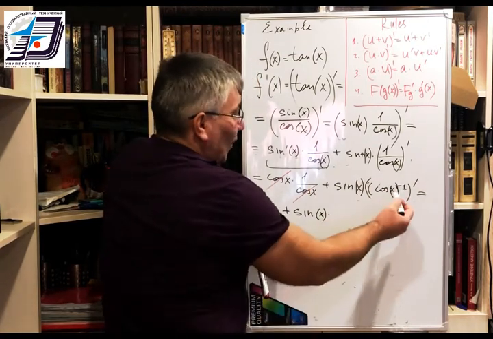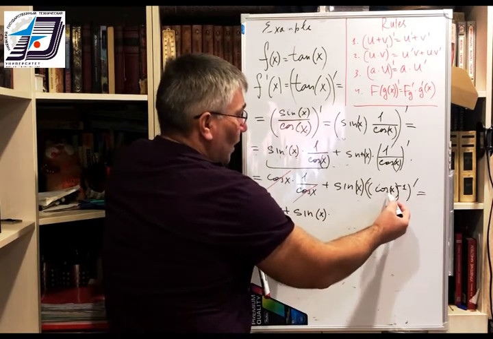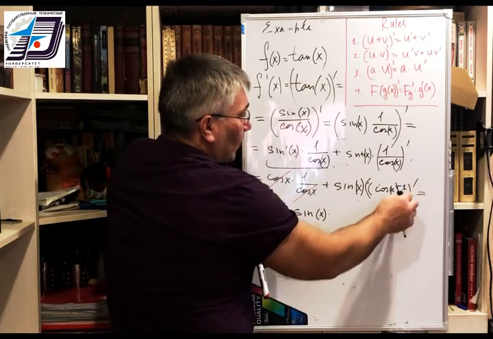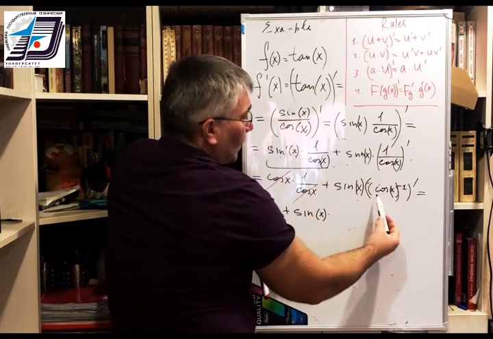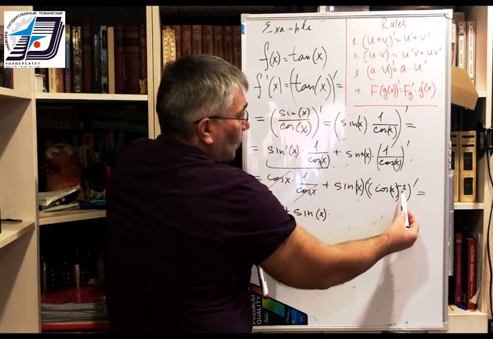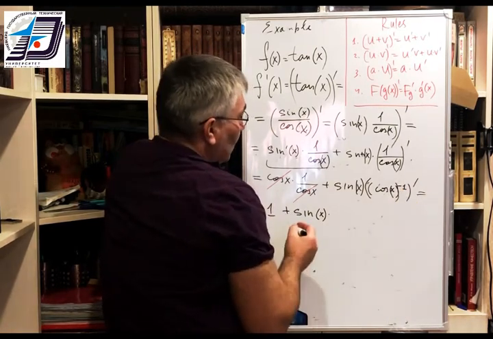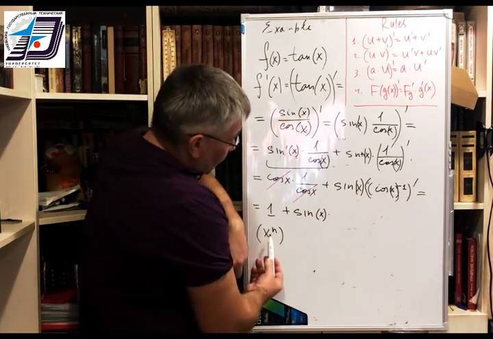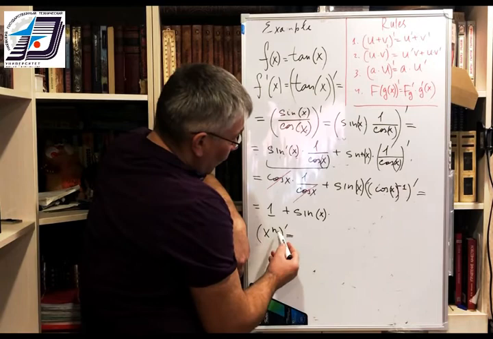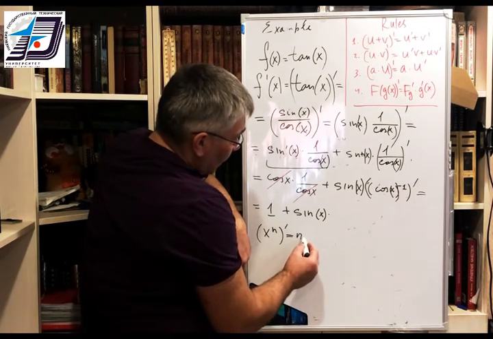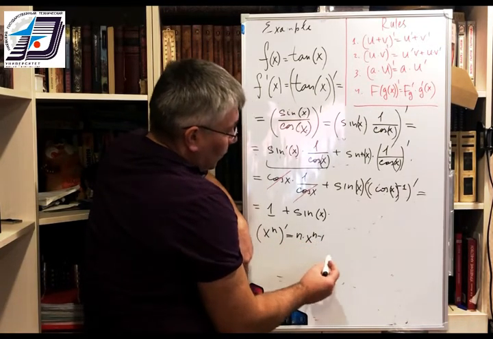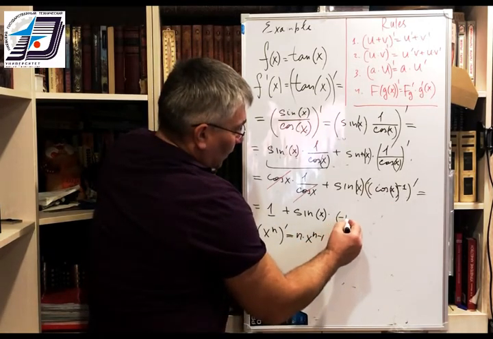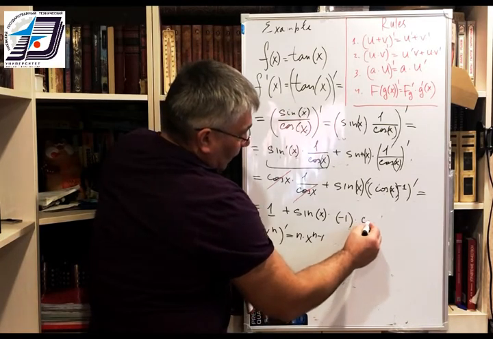Oh, cosine minus 1. So firstly we have to calculate cosine, and then we have to calculate minus 1. So we have to start from the last operation and consider cosine x raised to the power minus 1 like a power function. And if you remember, for a power function we use this formula: x raised to the power n, the derivative of x^n gives n times x^(n minus 1). The power here n is minus 1, so I have minus 1 times cosine x